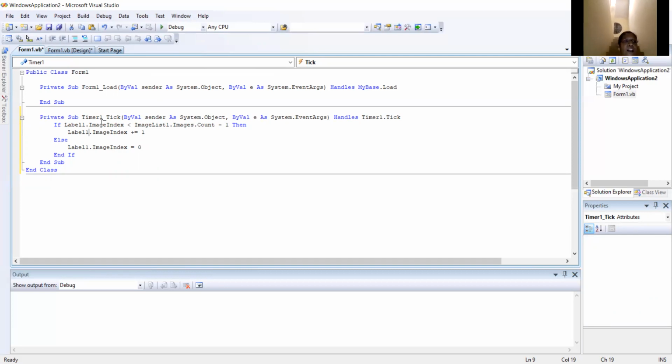Then save this program by pressing Ctrl+S. Now we have to run this program using the Start button or the shortcut key F5. Here the green right arrow button will be shown. Click that button.